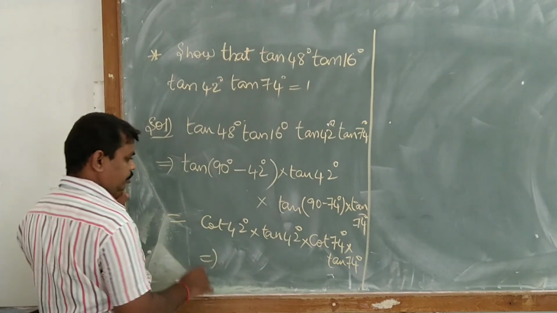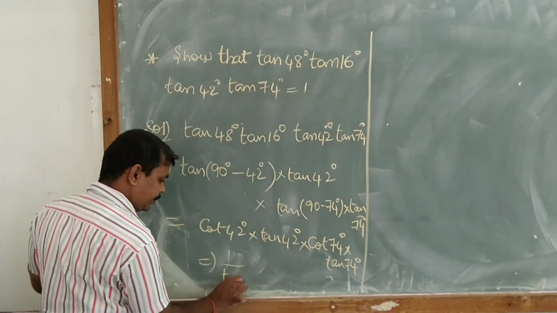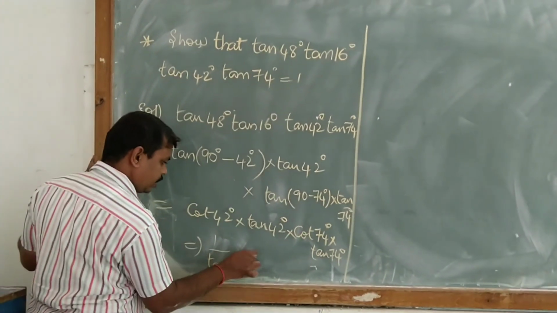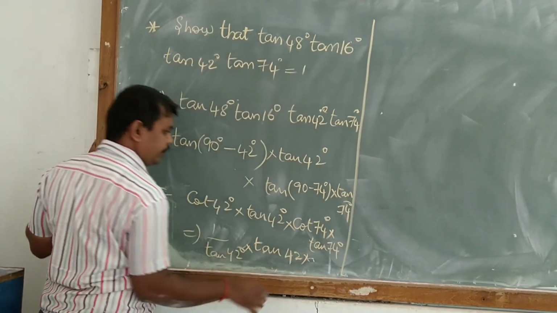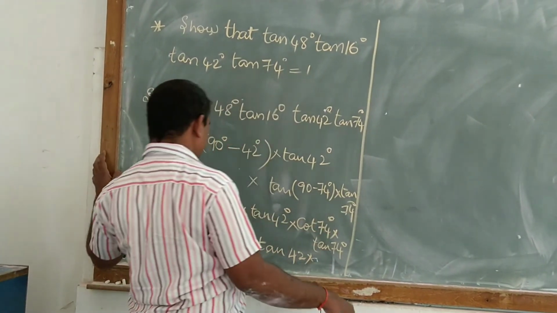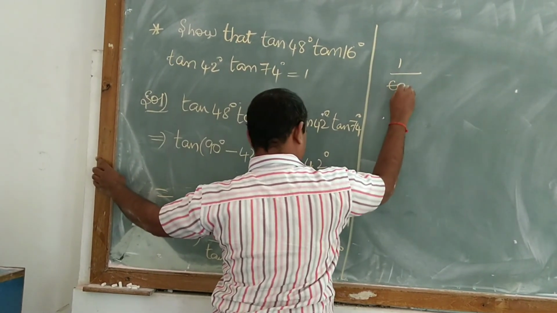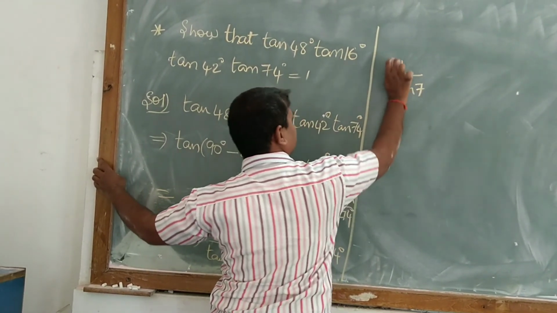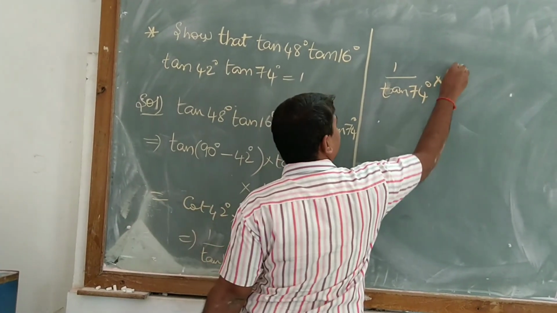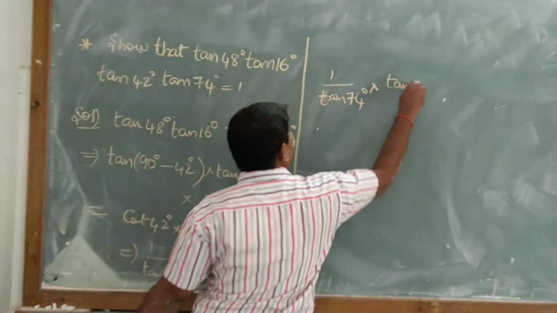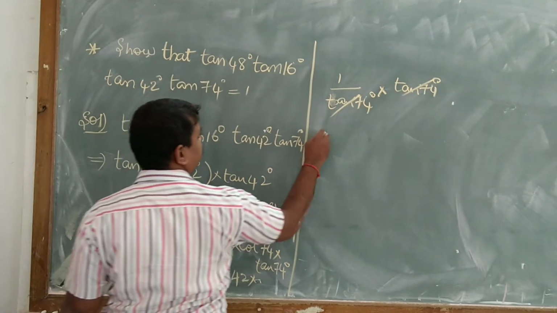So this cot can be written as 1 by tan 42 degrees into tan 42 degrees, into cot 74 can be written as 1 by tan 74 degrees into tan 74 degrees. The tan gets cancelled, again tan gets cancelled, is equal to